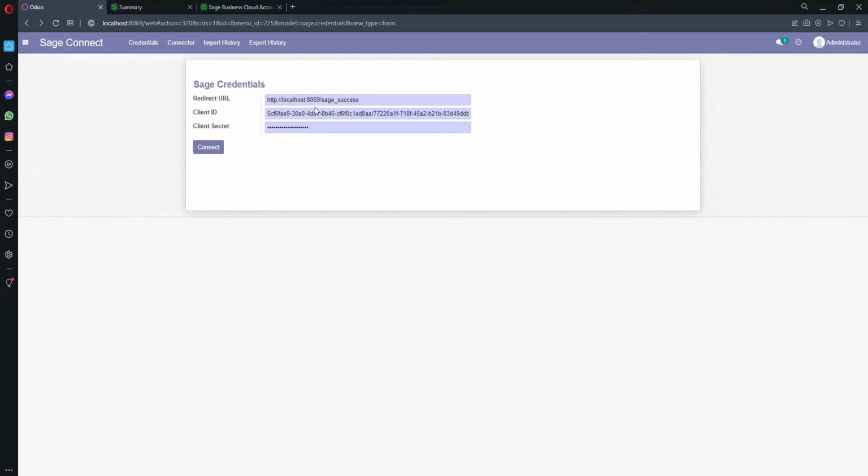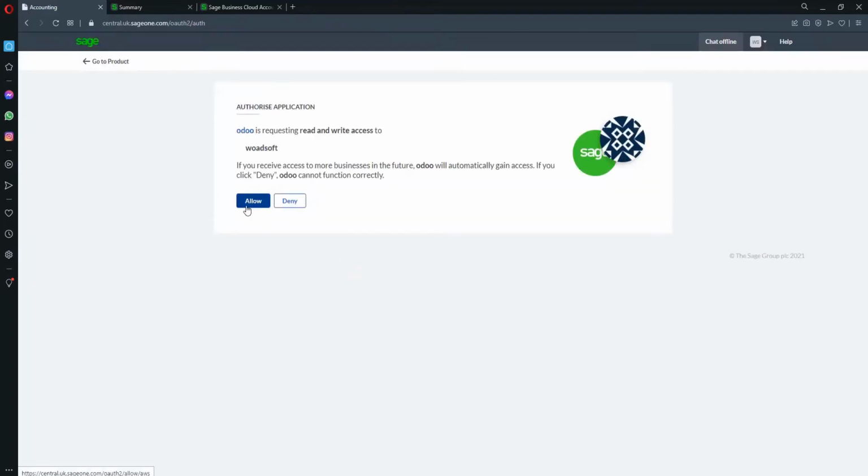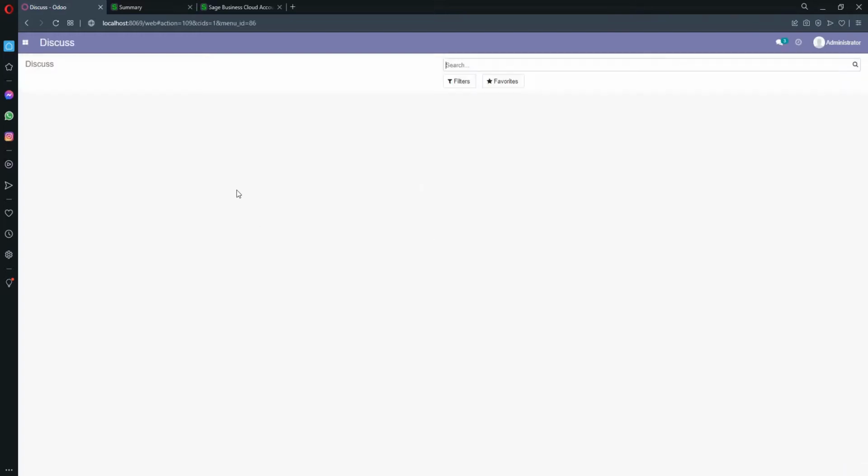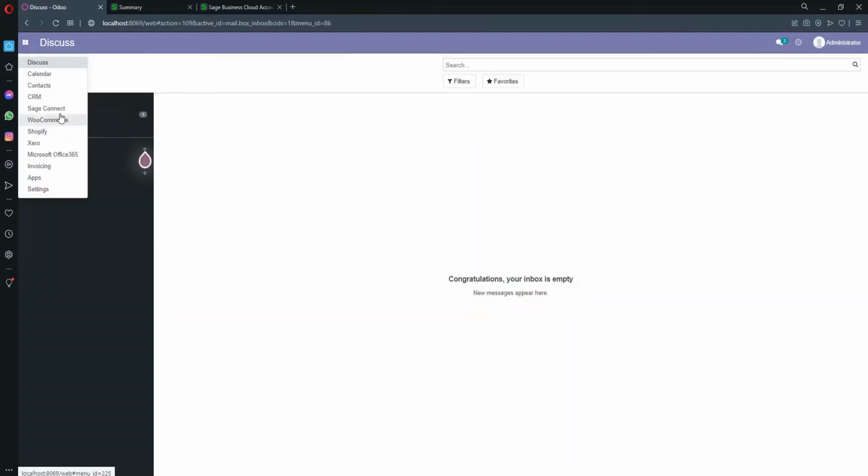So I have put in my developer credentials that we collected from the Sage Developer Console, filled in the required fields, and just clicked the connect button to authorize the process. I am allowing all of the permissions that are required. It will redirect after authorization. So go to the Sage Connect,